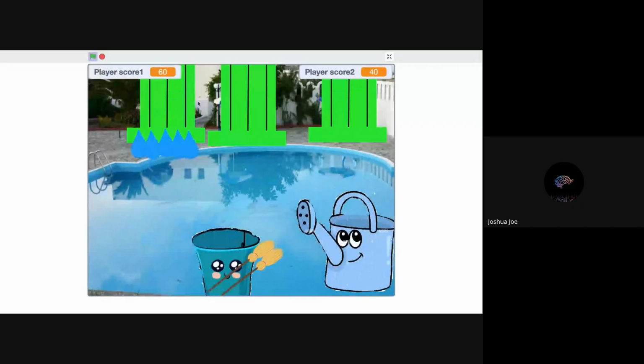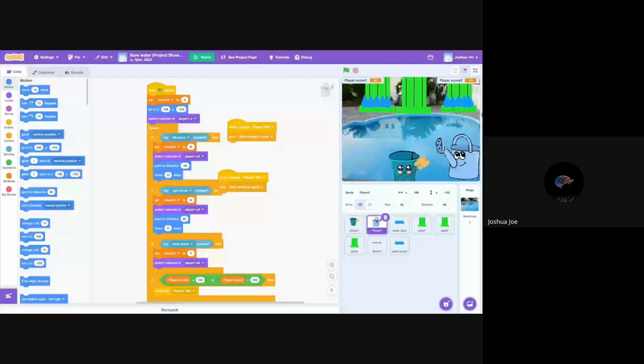Yeah, so this is a very easy concept as well. You can add a story-starting game point of view. Then after that, you can add stories into that as well, like where the scene changes, you get to another place, and then you do something else. And at the end, again, what I said, you can educate people by telling them, hey, we don't have to waste the water. We have to save the water as well